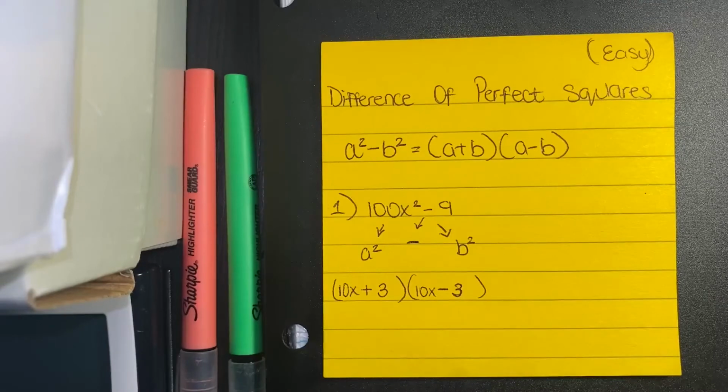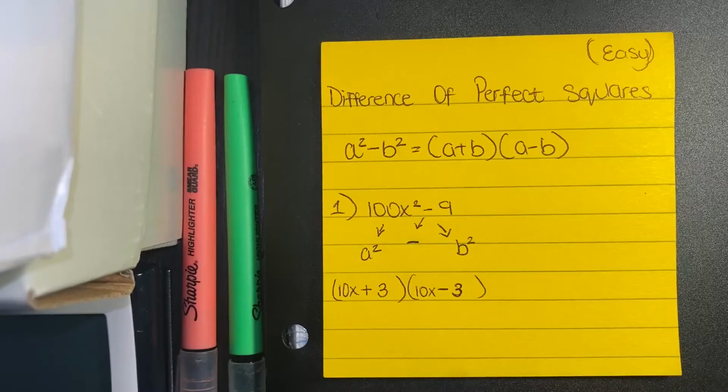We have 100x squared minus 9, which is your a squared minus b squared, and so you want to break that down. So 100x squared is your a squared. So what's the square root of the a squared? That's 100. The square root is 10, and of the x squared is x, because